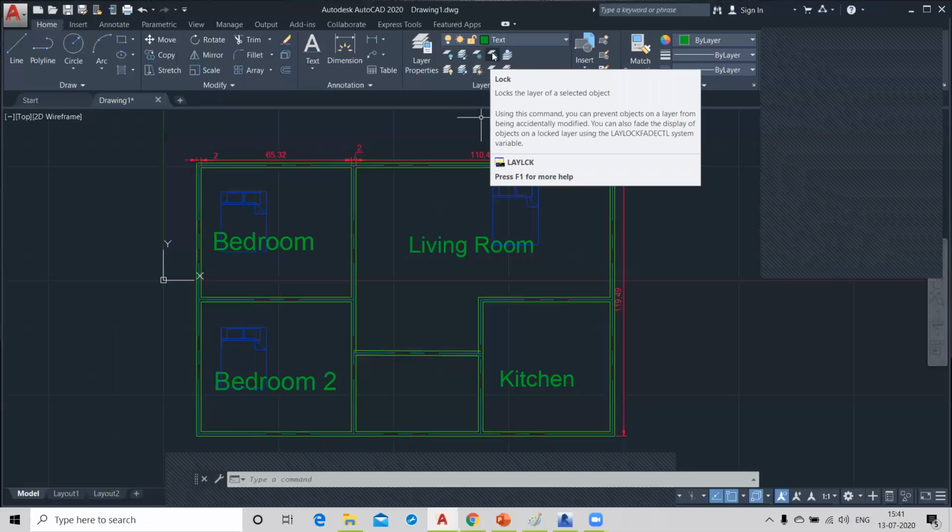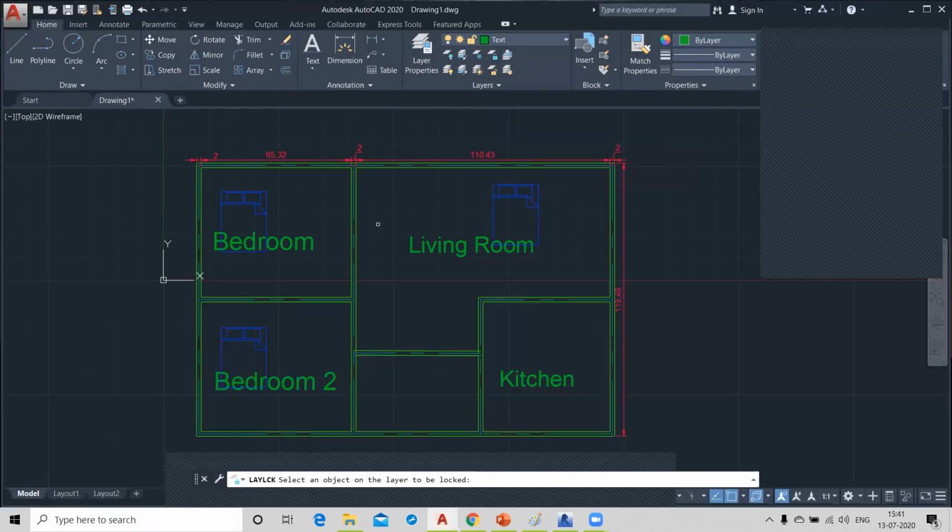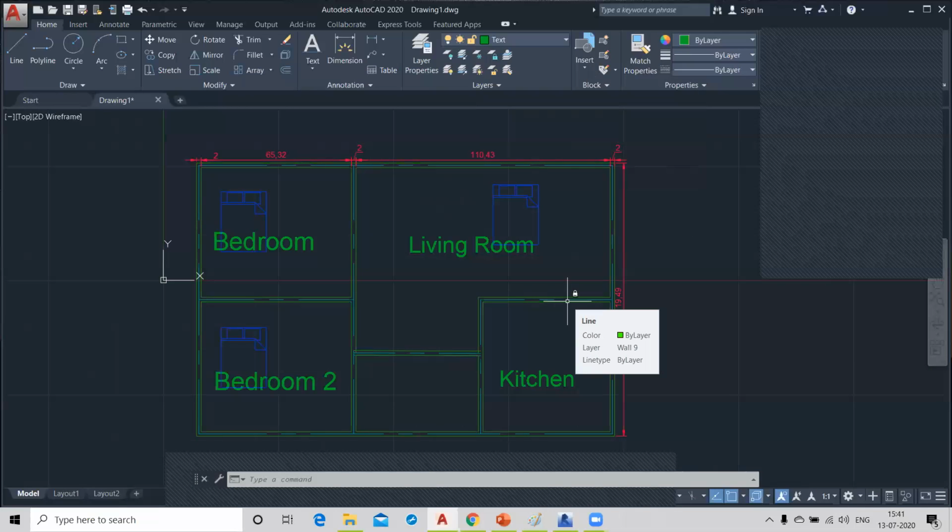Lock or unlock means if you want to fix your objects, you can click on your lock button and click on the layer. See, my wall and dimensions are locked. In the locked position, you can't copy, you can't move, you can't edit, and you can't even delete it.